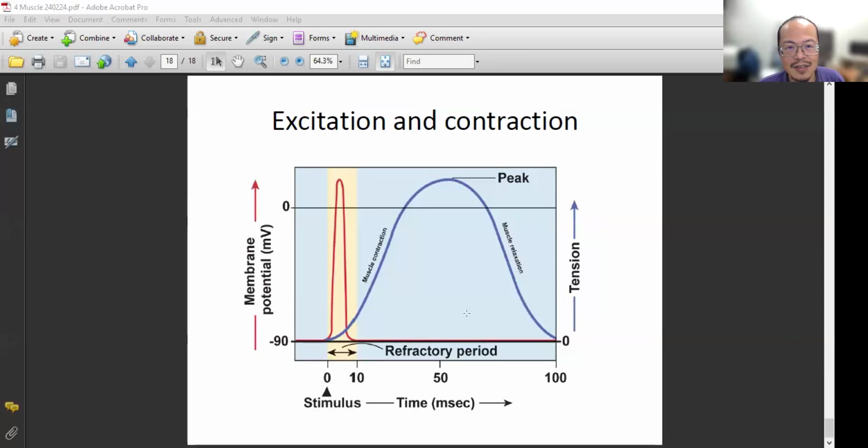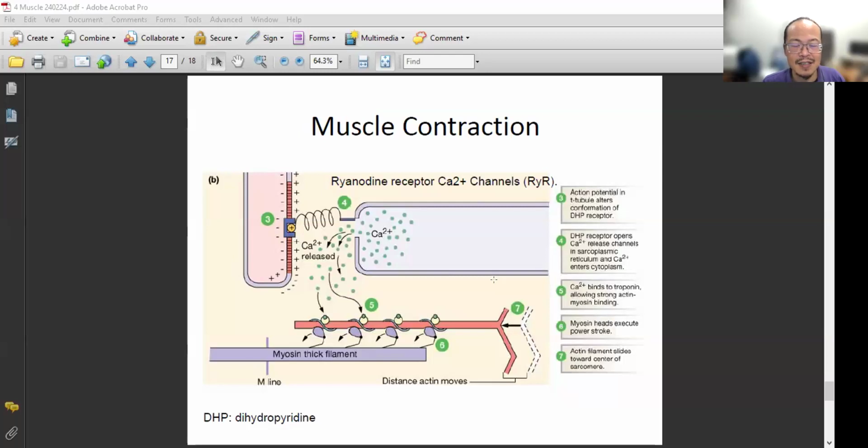So any questions? Here I'm showing you that there is a delay between excitation and the contraction, because once you are excited, it has to go through several steps in order to lead to the calcium outflux, and then you can have